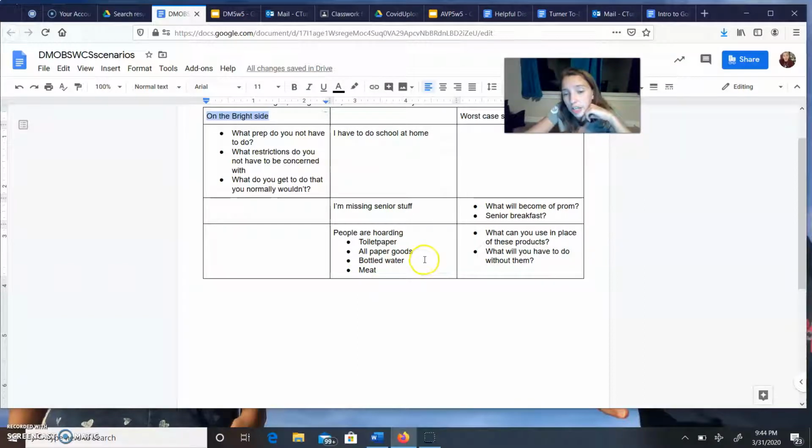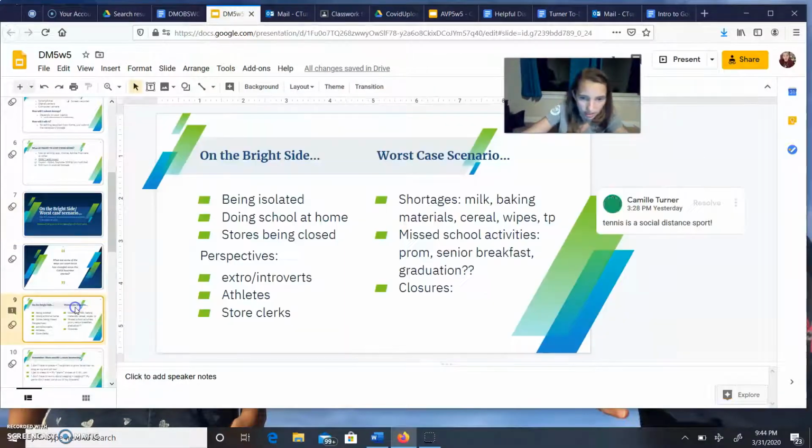So worst case scenario, I write all my school notes on last year's notebook paper, on last year's spirals, the backside, something like that. What will you have to do without them? With bottled water, worst case scenario, I refill it in the pond in my backyard, that puddle. That's not good. But just think of how you could replace those. That can lead you to worst case scenario ideas.